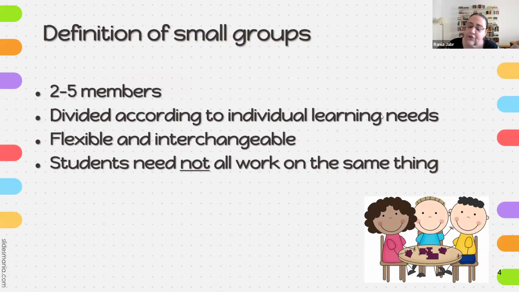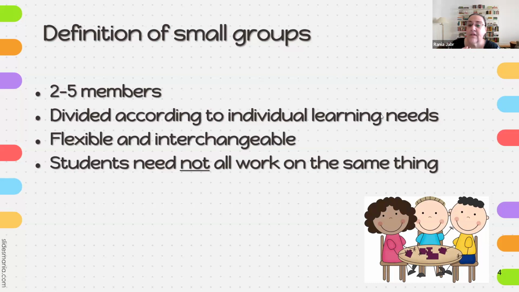The weak student in grammar with another stronger student in grammar, for example. And my groups, I think, should be flexible and interchangeable. So in class, if I'm doing 2 tasks, in the first task I have separate grouping, and then I reshuffle the groups and I move them to other groups. We'll talk about this further in a few minutes.